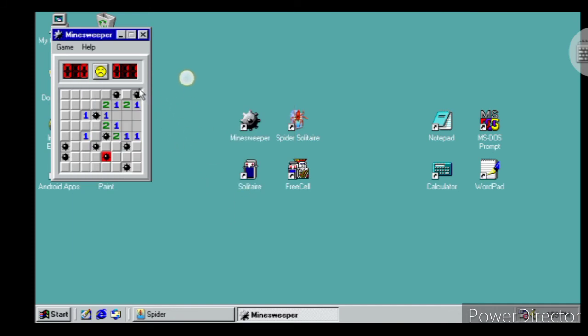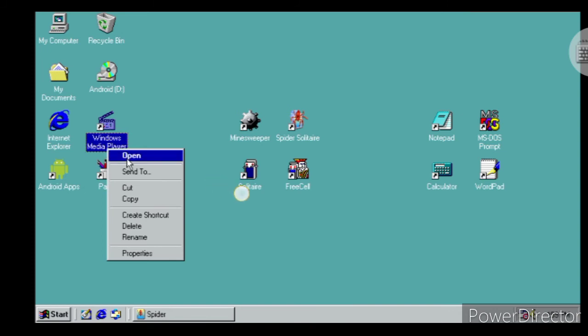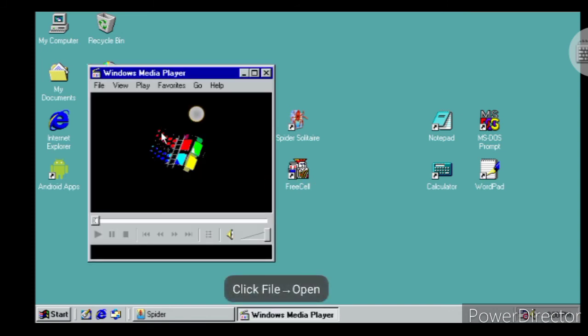Okay. Or if you want to close this game, you simply press on it. Android, you have My Documents. Press on that and press the volume button. Windows Media Player, open. You have favorites also.